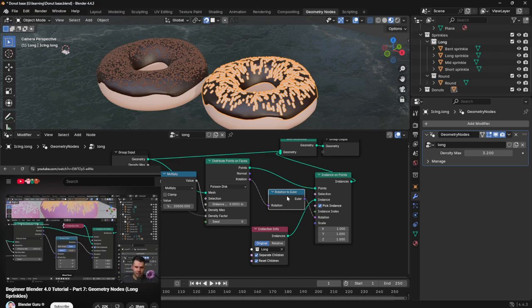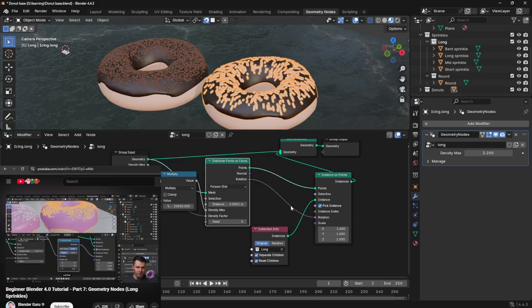Okay, so nothing's happened currently, but with this, we could change the rotation of our sprinkles up here. But you'll notice that as you rotate it, it's kind of weird. It's not the rotation that you would expect for each point. It's the relative to the